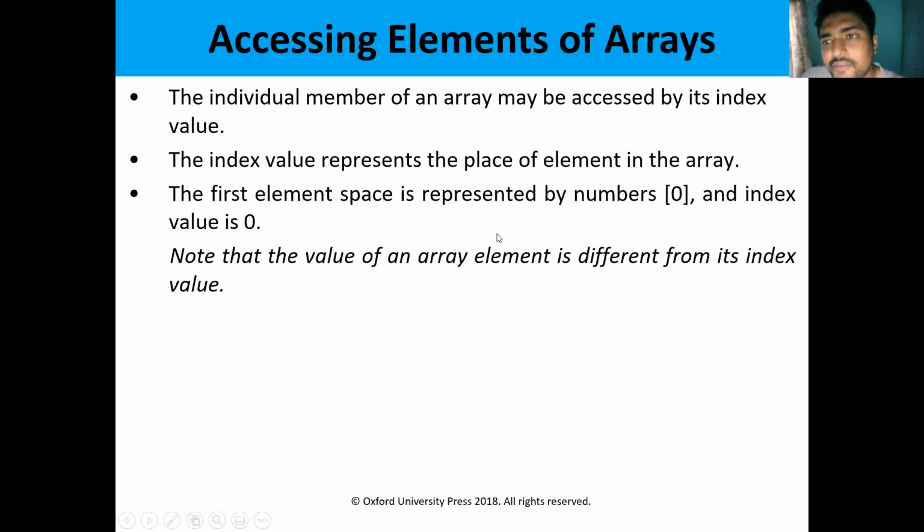Accessing the elements of an array. How can you access the elements of an array? How can you print the array elements? You have given the array elements 2, 3, 4, 5. How can you print that array? In order to print the array, we need a for loop. For i is equal to 0, i less than 5, i plus plus. Within that, we can have System.out.println with the array name. Let us see that.